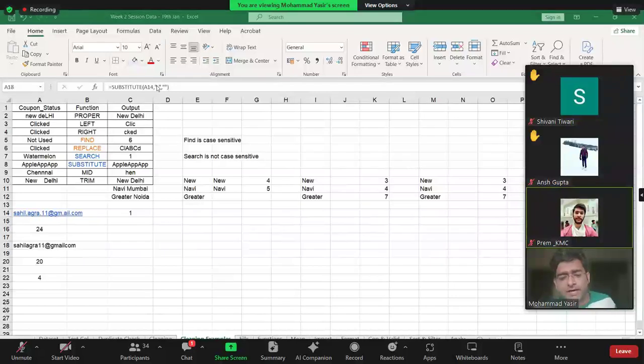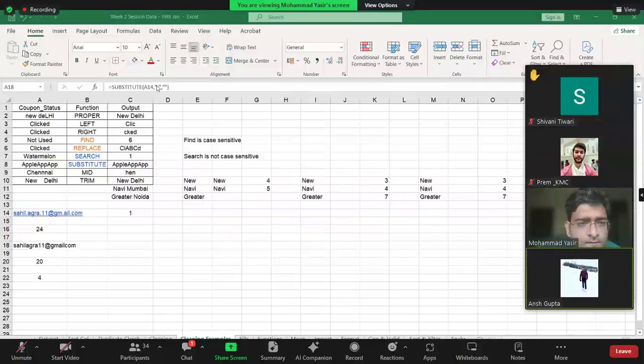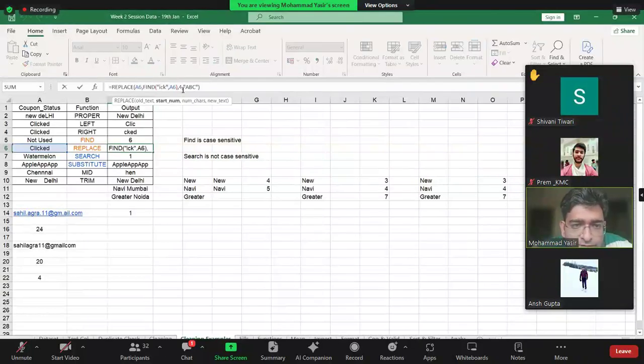Okay. All right. So guys, we are almost out of time. Ansh, you had a question? Yes, sir. Just a small query. What is the basic difference between substitute and replace function? Substitute is much simpler. Yes, I got the substitute one, but I just wanted to know the minor difference between them. So in replace, you need to have the position of the string which you are trying to replace. If you see here, in replace you need to have the position and you need to give the number of characters you want to replace. Both you need to know.